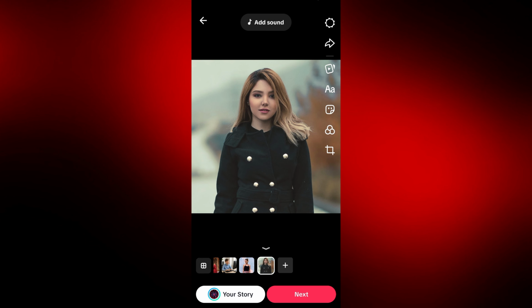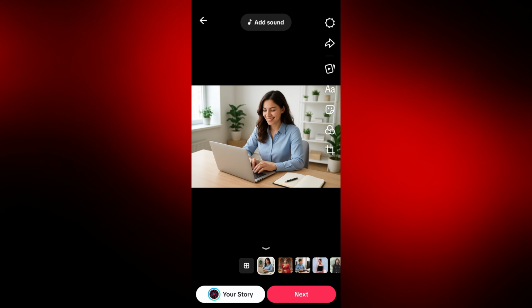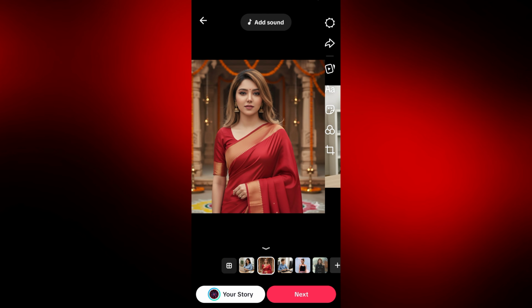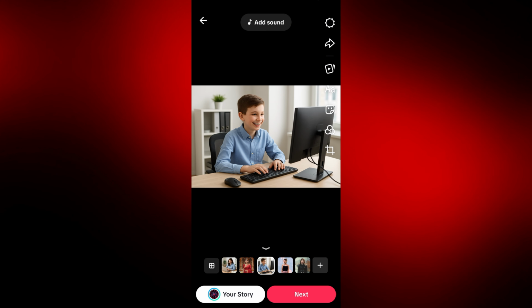Do you want to make a photo dump swipe video on TikTok? You can instantly turn multiple pictures from your camera roll into an interactive carousel that your followers can swipe through